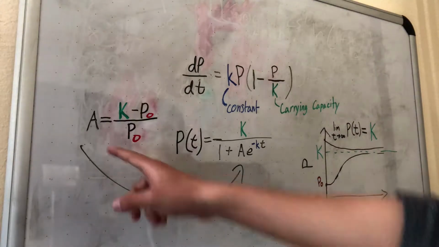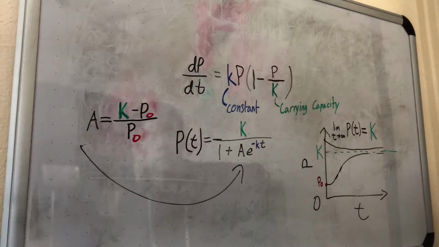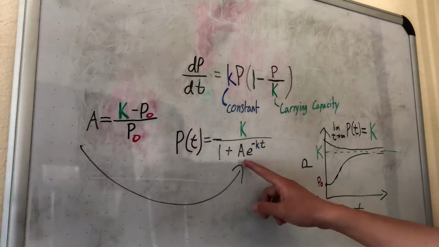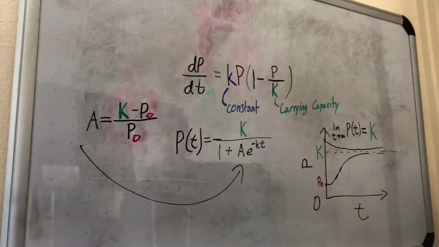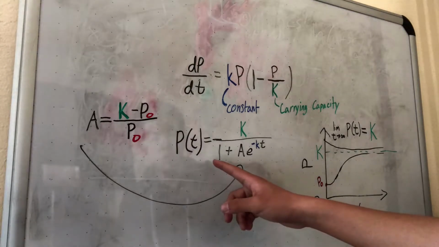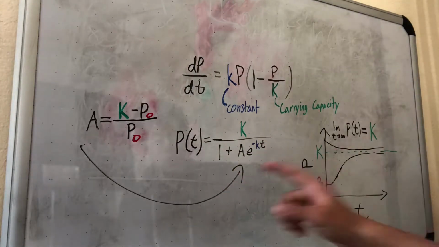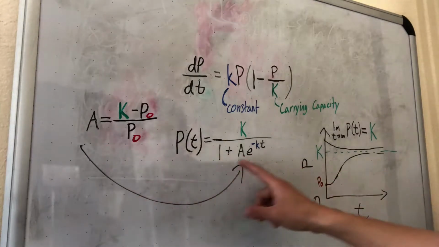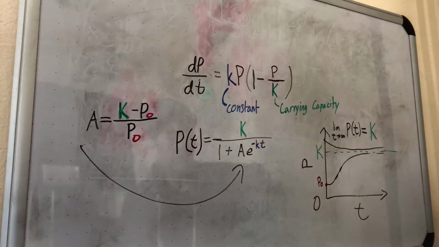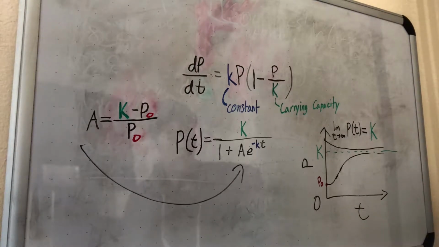And over here on the left, you'll find that A equals big K minus initial population all over initial population. And that'll help you over here with finding the equation for a population at any given time, t. And that equation is big K over 1 plus A times e to the negative k times t. And on the right, you'll find the graph for a population. And the limit as t approaches infinity, or as time approaches infinity, for any population will always go to the